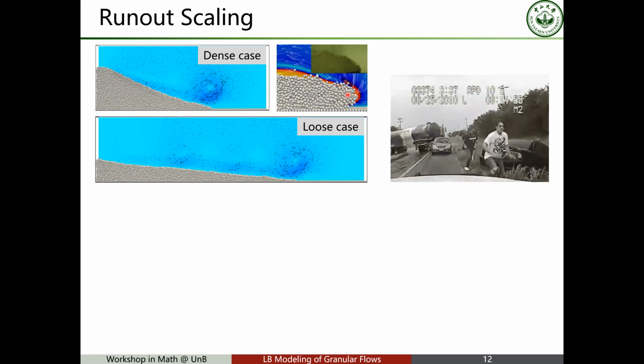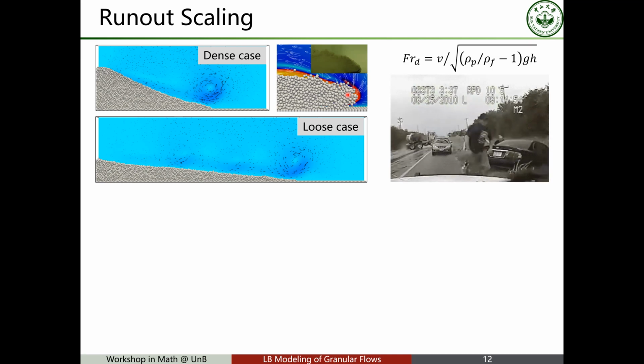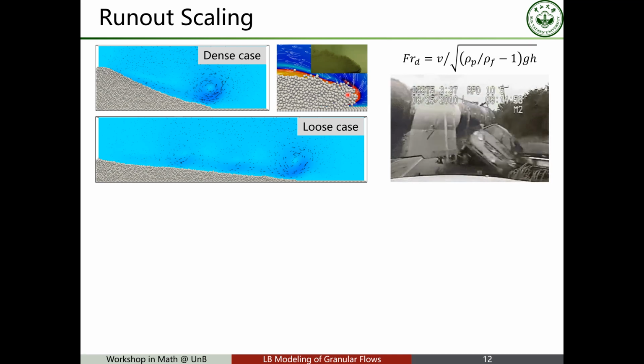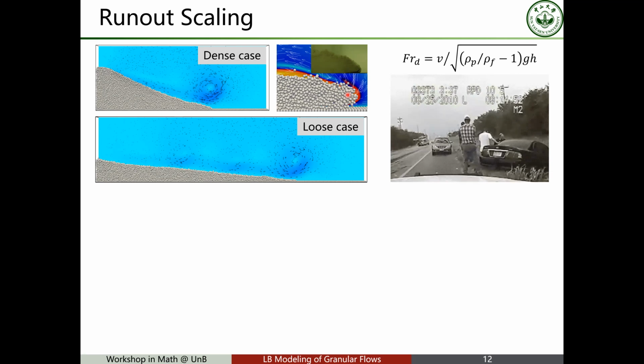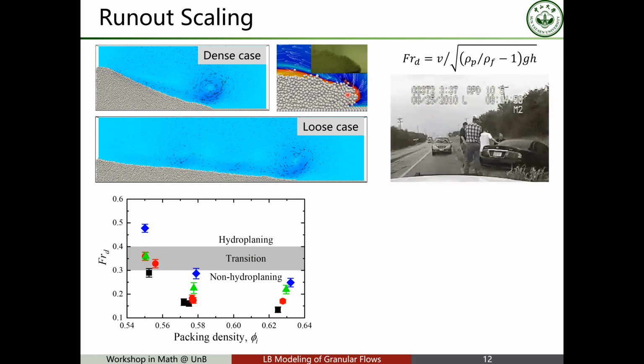For example, if you drive on a rainy day, it becomes much easier to slip and lose control of your car. This phenomenon we often call hydroplaning, which can be characterized by a dimensionless densimetric Froude number. So for the immersed granular column collapse, we can also calculate this densimetric Froude number, and we plot this